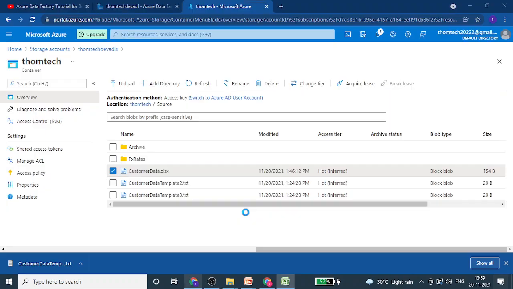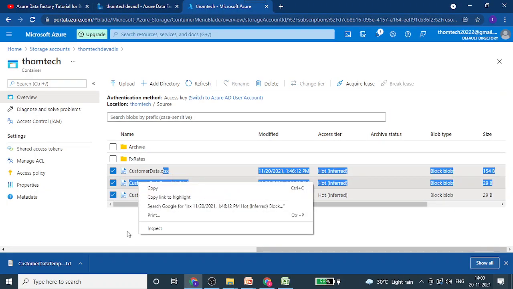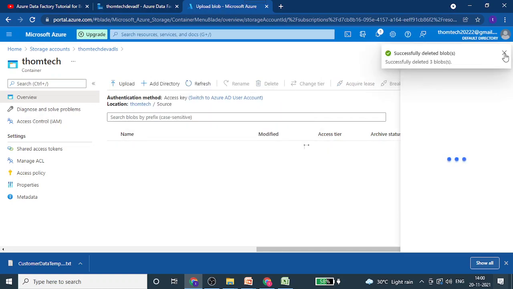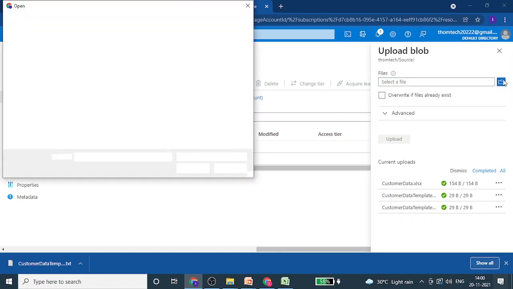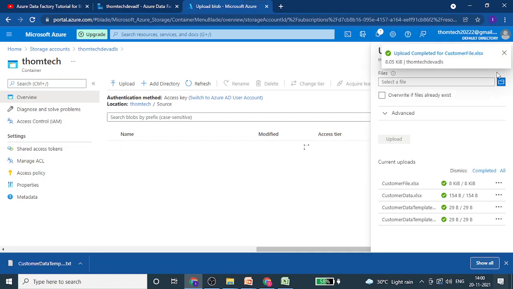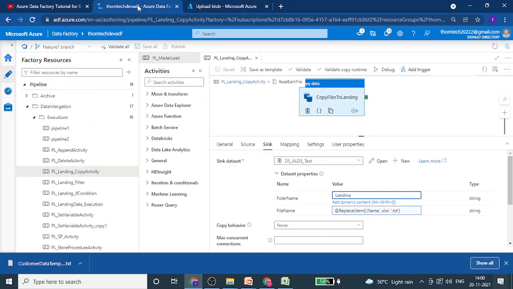Close this, go back to your data lake, and select the old files because we are not using them now. Just select them and delete. Then go and upload the new file that you have created locally. Select that file, click on upload, close this, and go back to ADF.